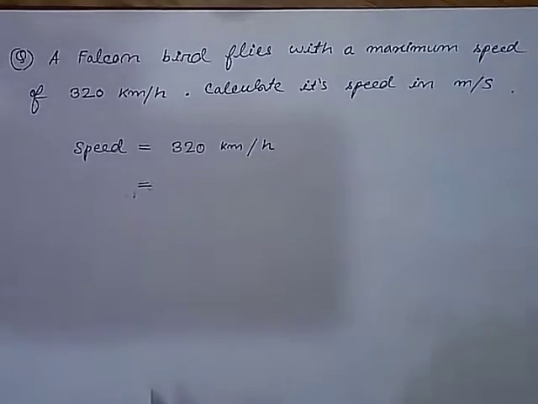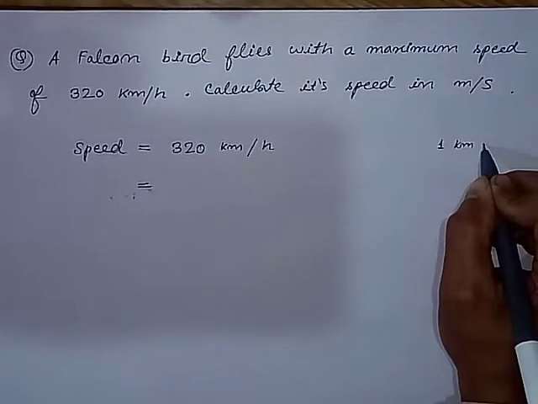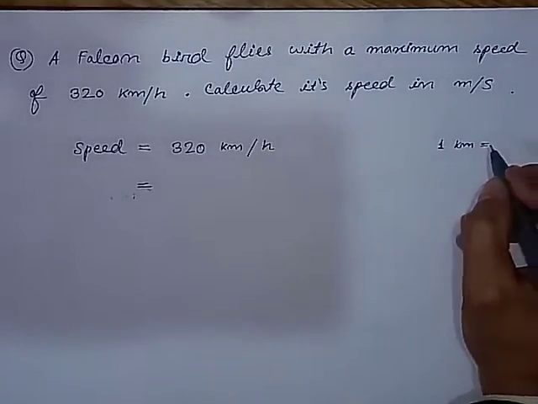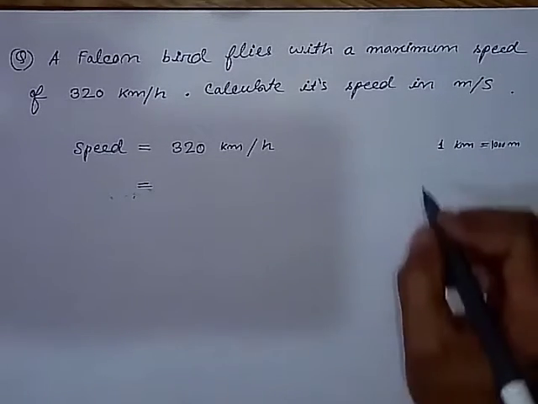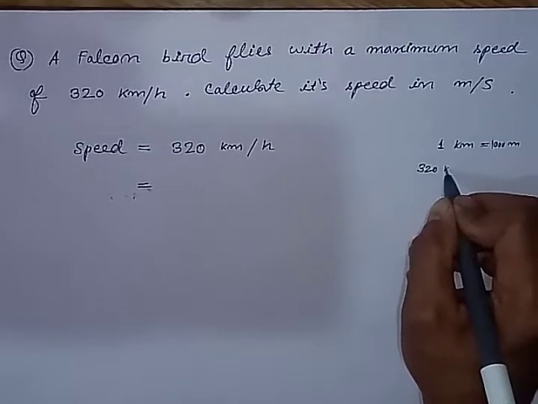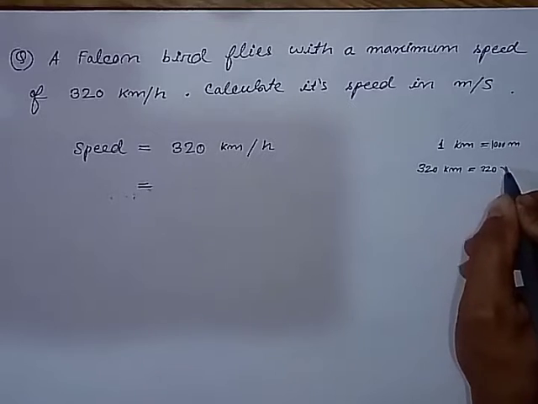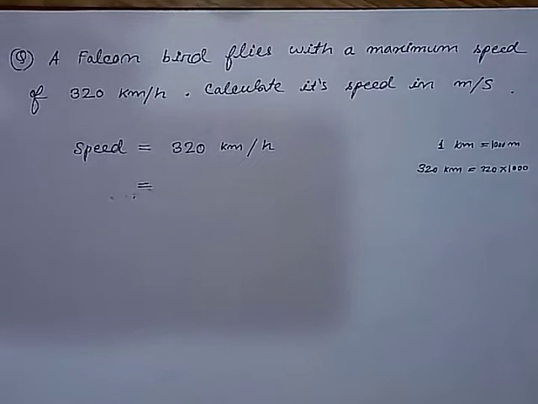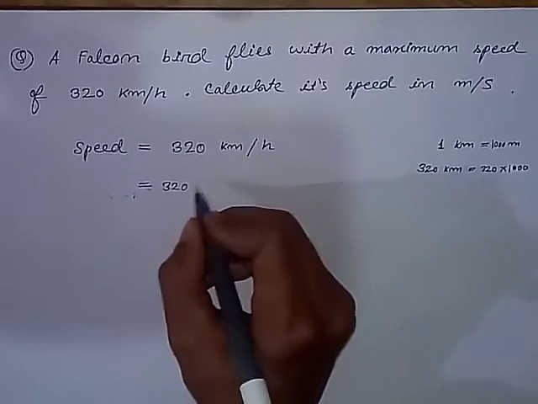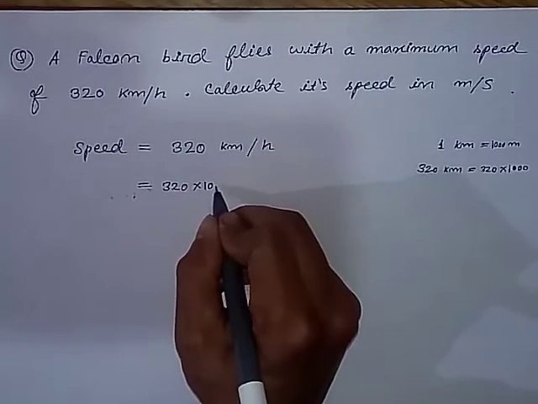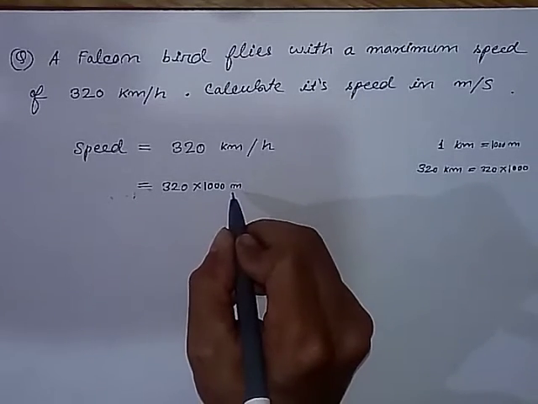So equal to. Now we know that 1 kilometer is equal to 1000 meter. Okay, so 320 kilometer will be equal to 320 into 1000. So we will write 320 into 1000 meter instead of kilometer. Now we write meter